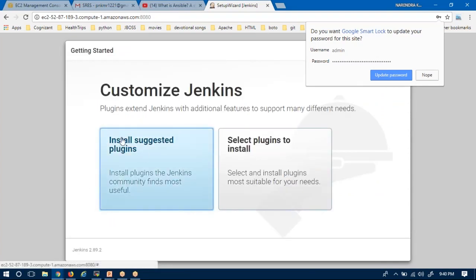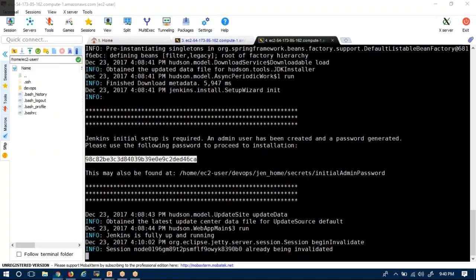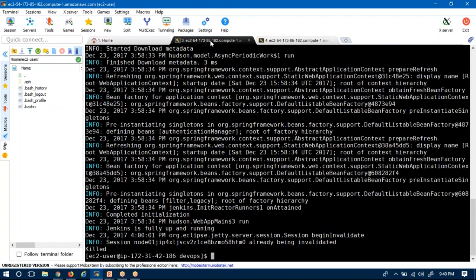See, install suggested plugins. This window, again, you will get at the very first time whenever you are opening your user interface through the browser. Okay, and also from the command line you can check your home directory.